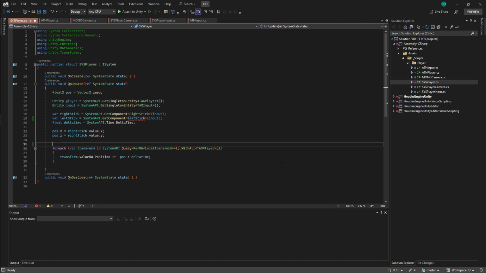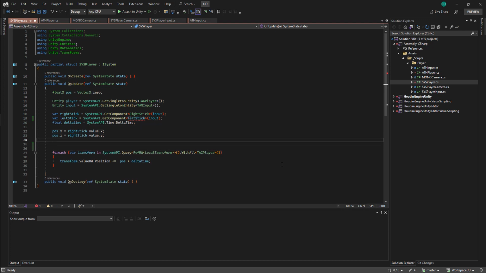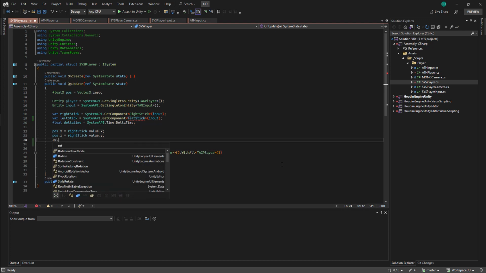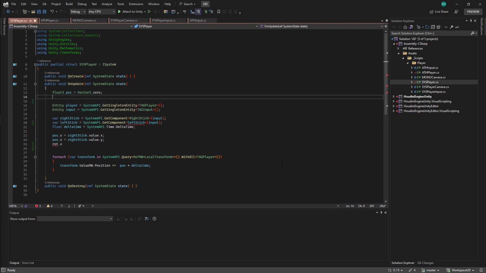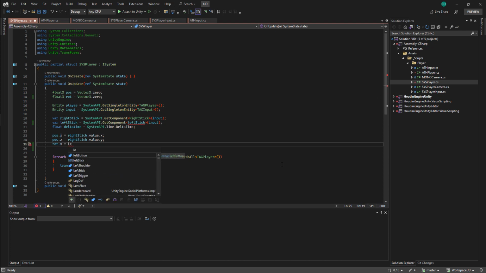So now we'll need to calculate the rotation. I'll start with our rotation in X. So this will be rot.x. We do not, however, have a variable for this yet. We'll have a float 3, and this will be called rot, and this will be initialized as a 0 vector. I can now set the rotation in X to be set by our left stick,